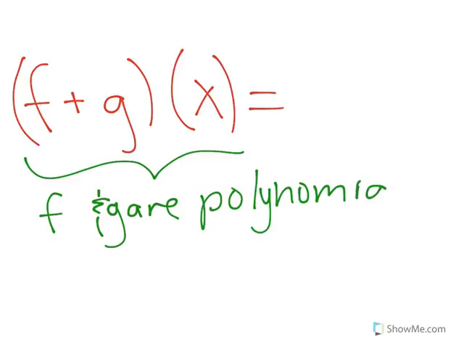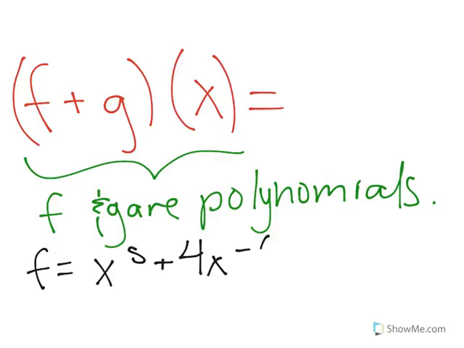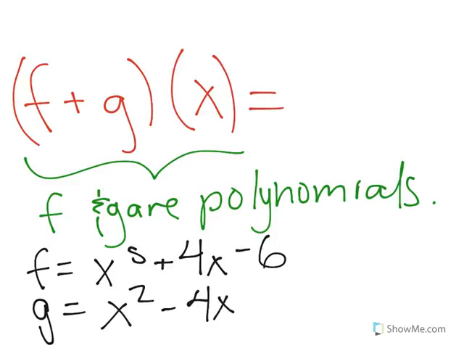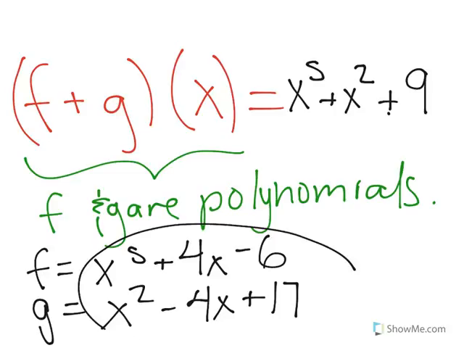Now, if we add both of them, adding two polynomials doesn't have much complexity to it. You just add both polynomials. So, for example, if f is equal to x to the fifth plus 4x minus 6, and let's say that g is equal to x squared minus 4x plus 17, then this formula f plus g of x will turn into x to the fifth plus x squared plus 9, which is just basically adding these two